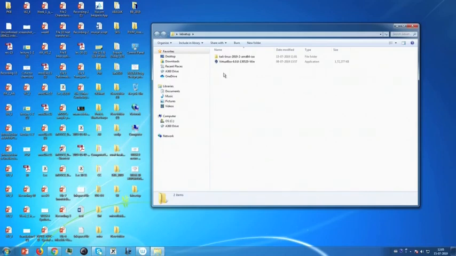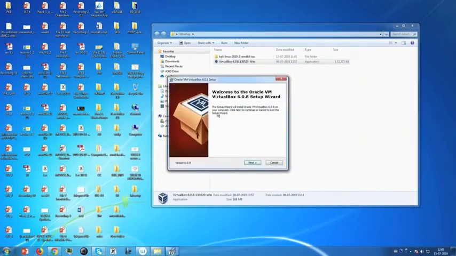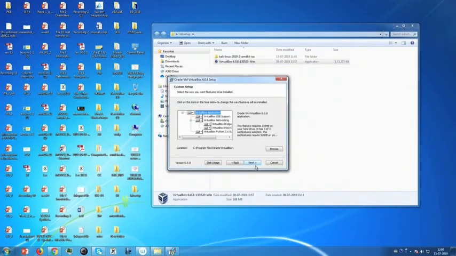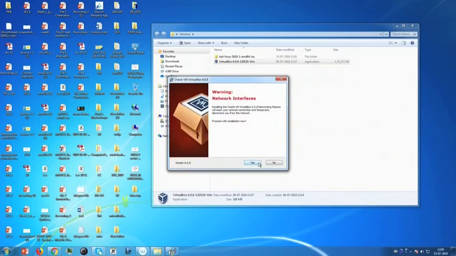Now, execute this, then run, next, create start menu entry, and we also want to create a shortcut on the desktop and also create a shortcut in the quick launch bar and register file associations. Next,